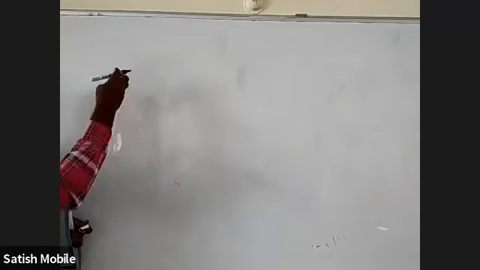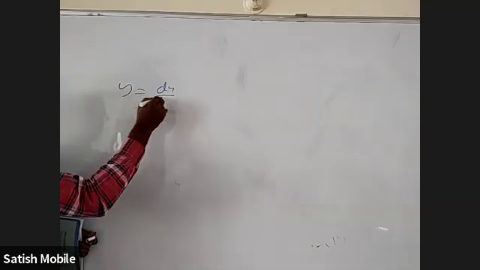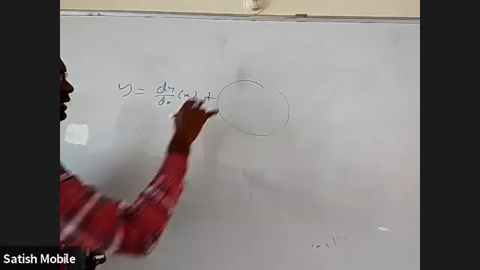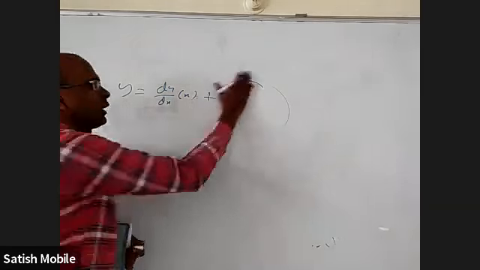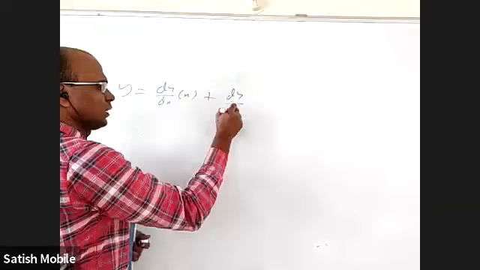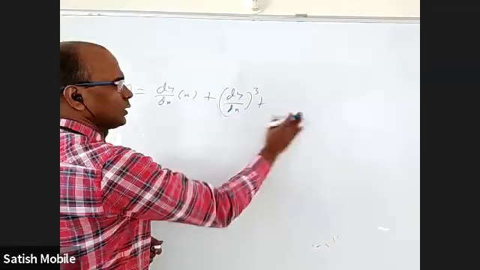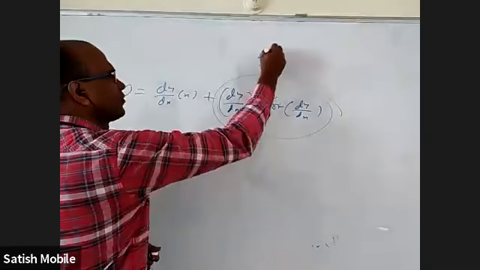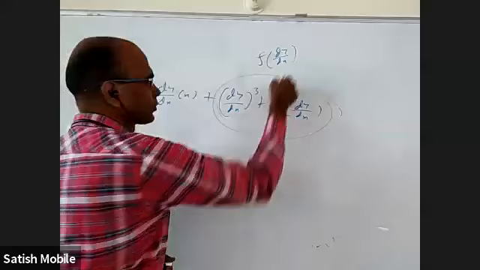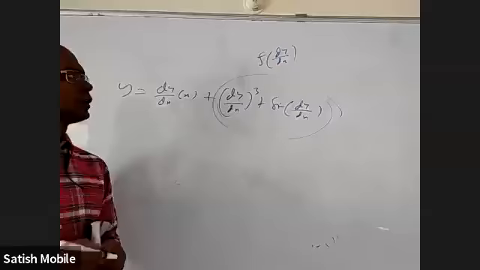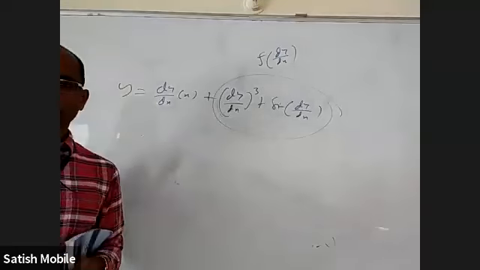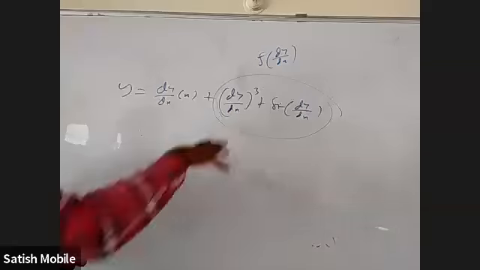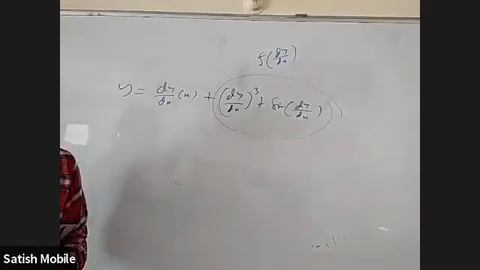Let me tell you. Let's say I have y is equal to dy by dx into x. After that, you can have any function of dy by dx. I may have dy by dx whole cube plus some sine of dy by dx, something. This can be anything, but it should be a function of dy by dx, and only in terms of dy by dx. There should not be any x, y in it. dy by dx whole square, dy by dx whole cube, sine of dy by dx, e power dy by dx, something like that. If you have some expression in terms of dy by dx, what to do?